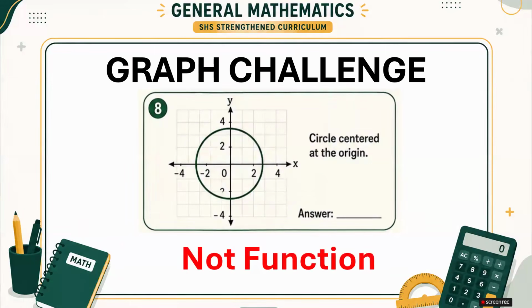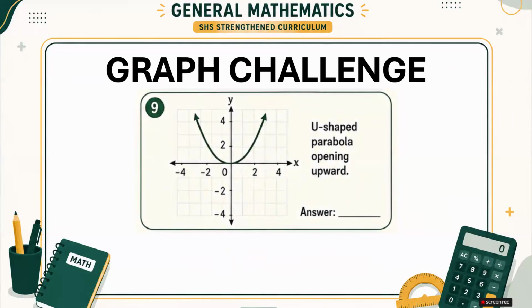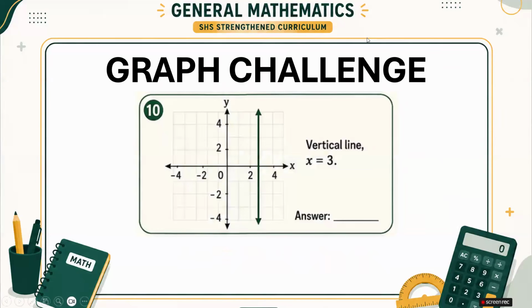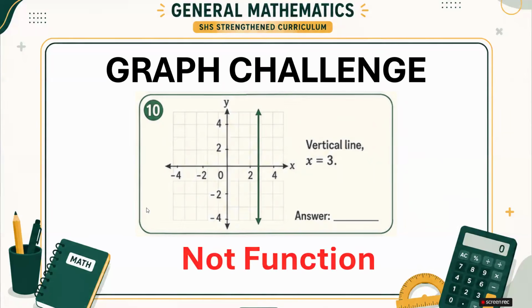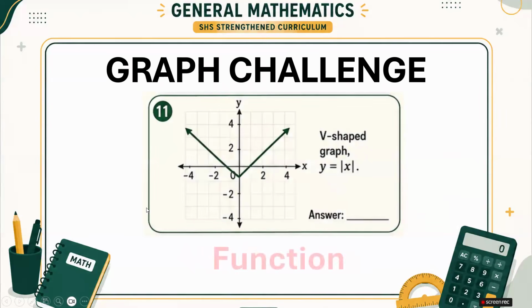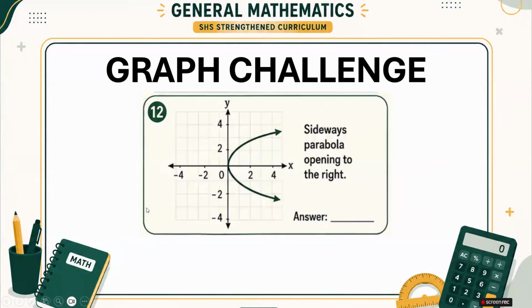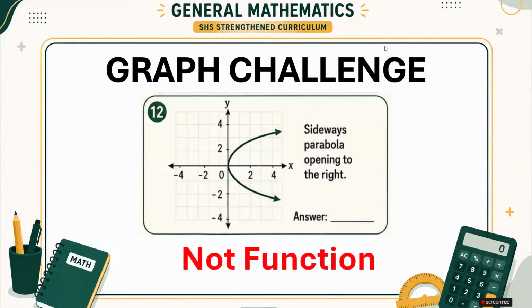You may pause this video if you need to think. This is a function. It passes the vertical line test. What about this one? Look at that one. When you draw a vertical line here, it crosses all the points. Therefore, this does not pass the test. So this is not a function. The next one, very good. This is a function. And the next one, this is not a function. Definitely, two points on the graph failed the test. Okay? It crosses the graph twice. So I hope you understand.